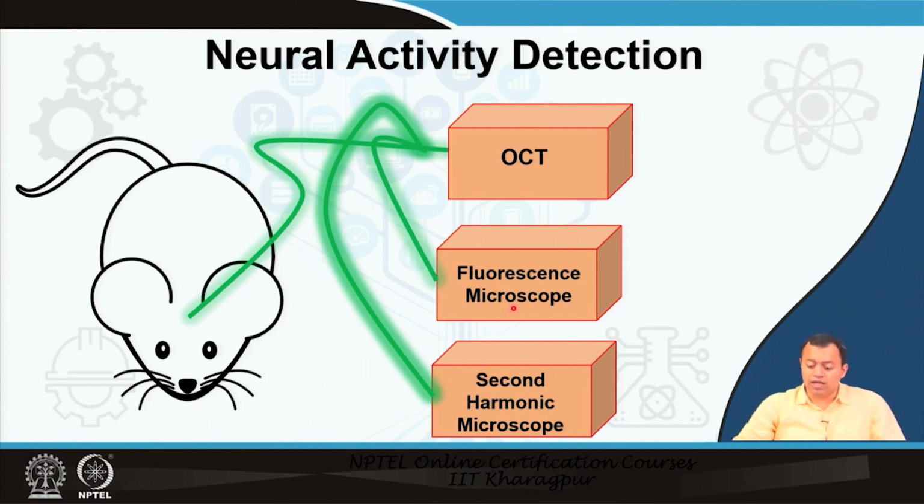Simultaneously, while you have mapped the brain, you can also send a set of light for 2 photon microscopy, which will be absorbed in certain areas and not in others. When you compare it with the overall 3D map of the brain, you can see certain areas are illuminated, certain areas are showing black. Those black areas are the ones where the 2 photons are absorbed. You send these 2 photons initially, overlapping one on top of another, and the black 2 photon areas, where the 2 photons have been absorbed, are